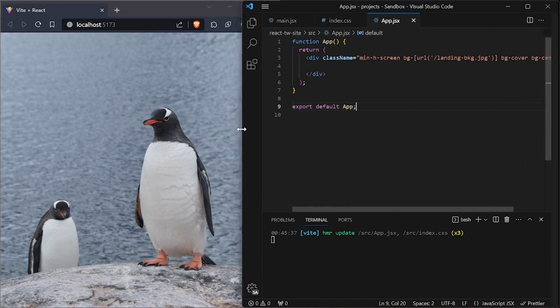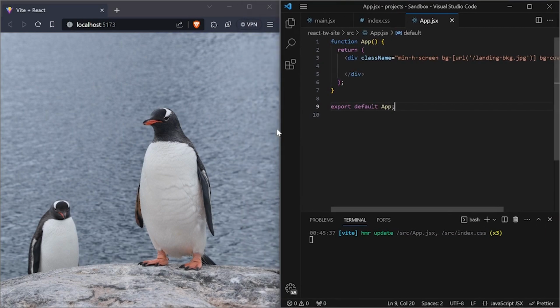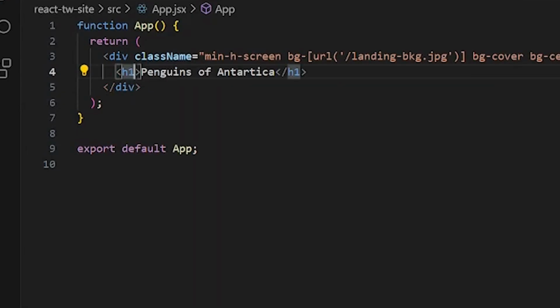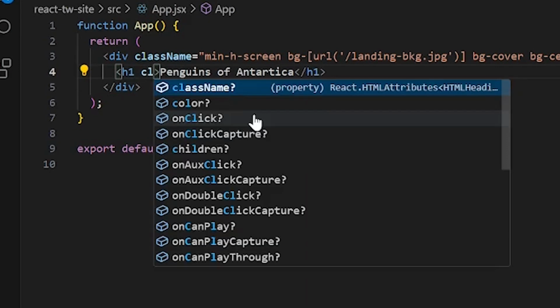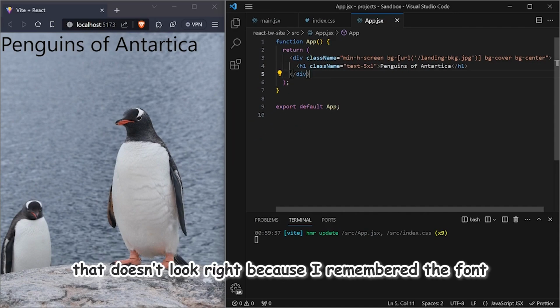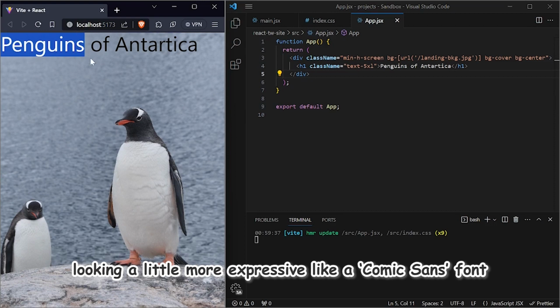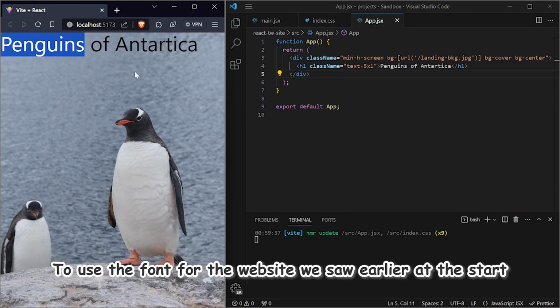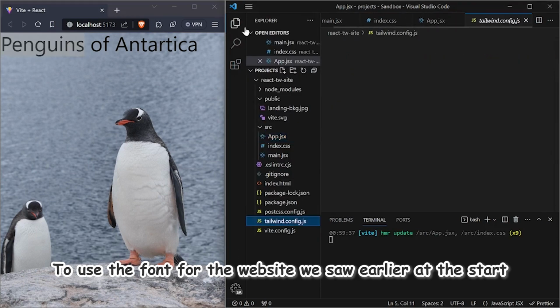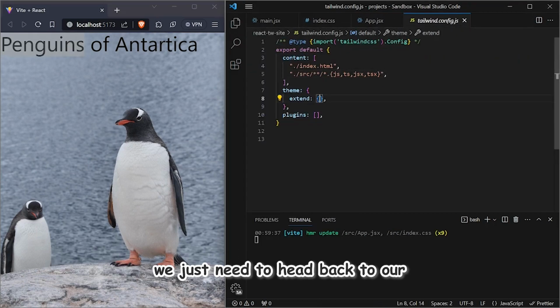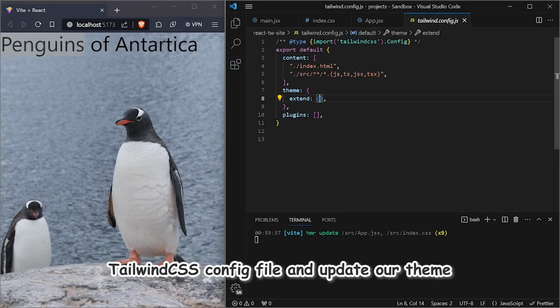Now we've got to add the headline for this page, which shouldn't be hard. That doesn't look right, because I remembered the font looking a little more expressive, like a Comic Sans font. To use the font for the website we saw at the start, we just need to head back to our Tailwind CSS config file and